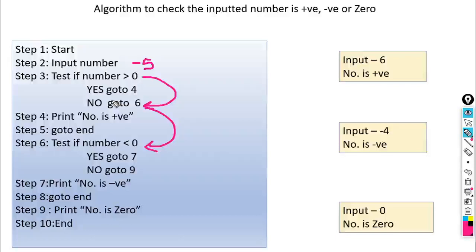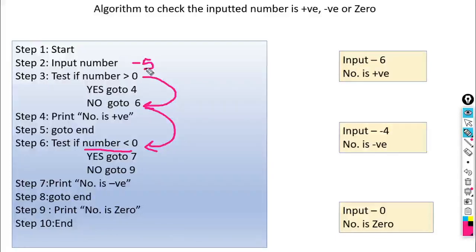Okay, again we have to check whether this number is less than 0 or equal to 0. Two possibilities are there. So here we can check number is less than 0. Yes, if it is less than 0, it will take your control to step number 7. If it is not less than 0, it will take your control to step number 9.